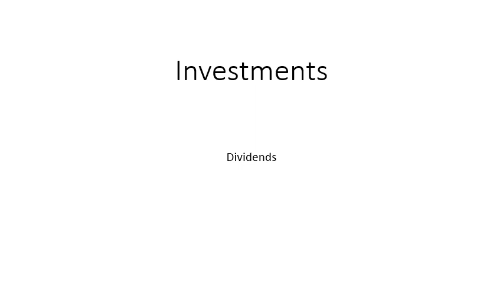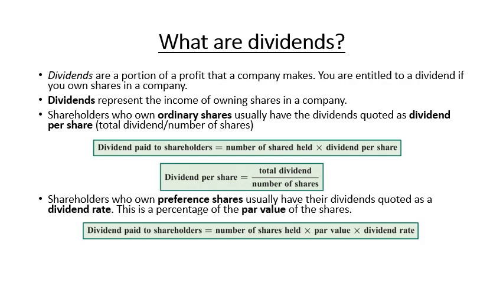This video tutorial looks at the mathematical strand of investments, and more specifically, we're going to focus our understanding on dividends. So the first question you need to ask yourself is, what are dividends? Well, dividends are basically a portion of a profit that a company makes. And you're entitled to a dividend, or a portion of that profit, if you own shares in that company. So the dividends represent the income of owning a share. So by income I mean the profit or the money that you will be getting by owning shares